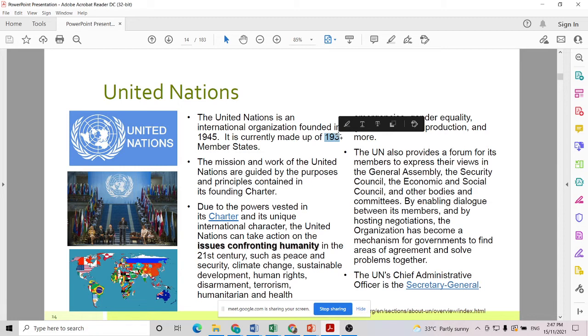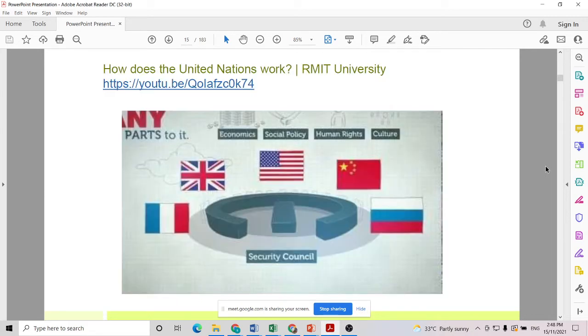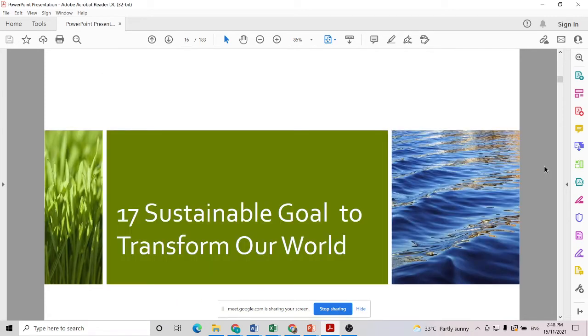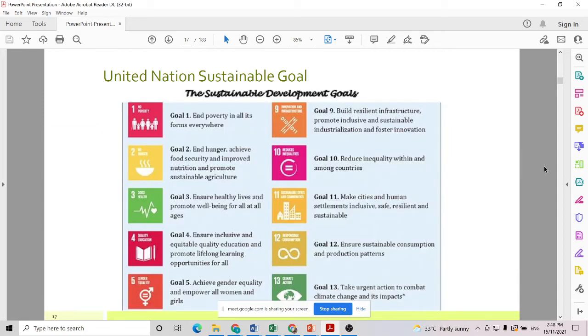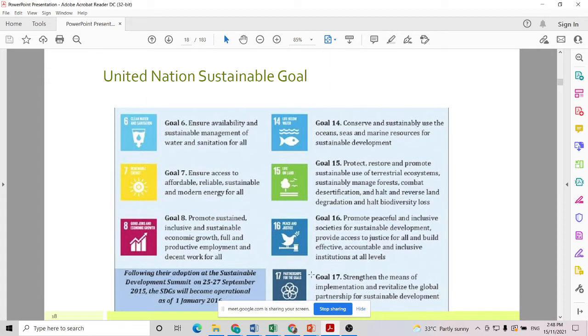Basically this will discuss all the countries. Either we have a controversy or whatsoever regarding one country with another country, we discuss it with the United Nations. And regarding sustainable development, they have also founded the 17 goals. As discussed earlier, we have 17, starting from no poverty up to partnership. So we look at them one by one.